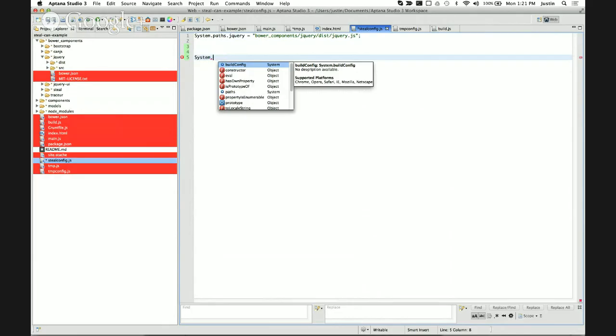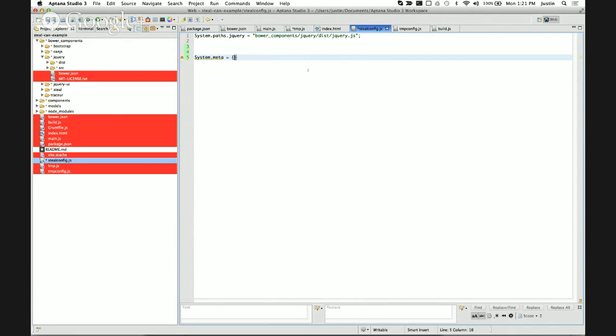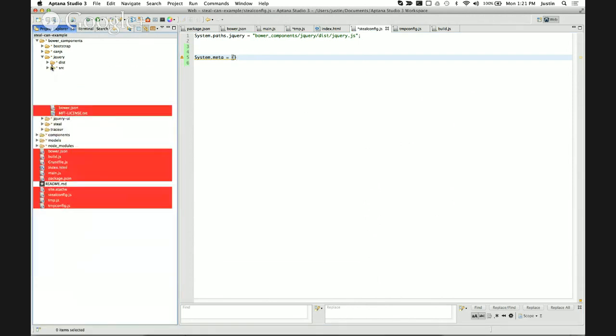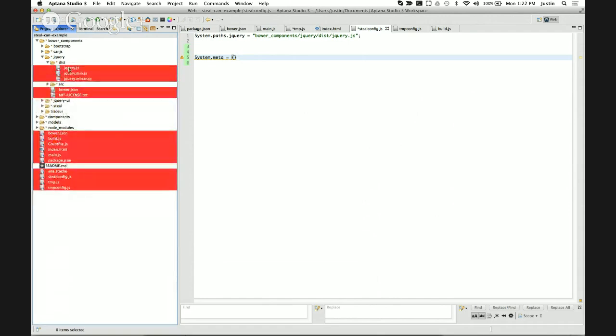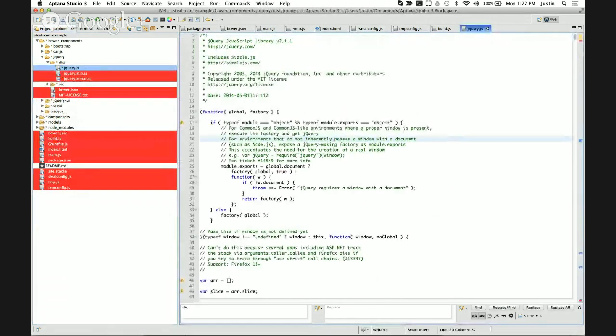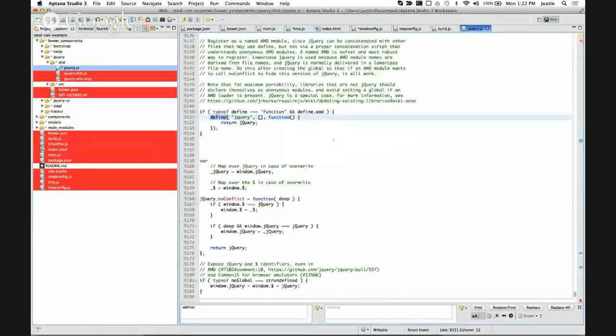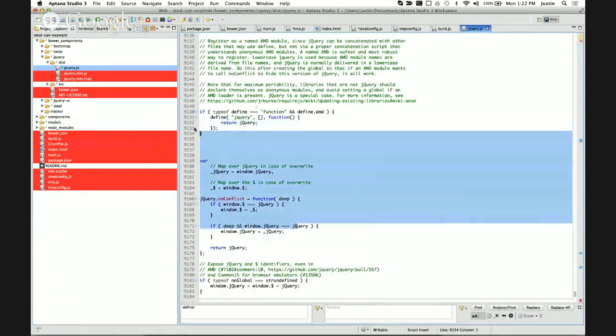I'm glad that happened because that's something that you have to know. So the issue is that jQuery has an embedded require in its code base. It's being treated as AMD, which it kind of is, but because it's not wrapped with AMD, it will execute all of the code outside of what's in its require. So if I look at jQuery where it does its define, the code inside here will not be run, but all the other code will be run